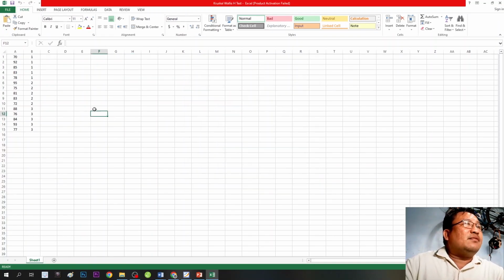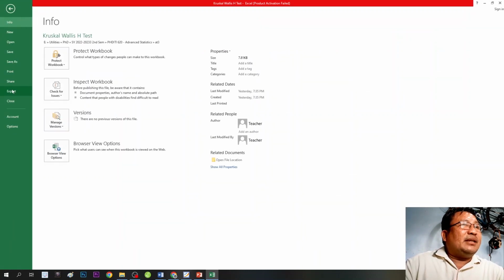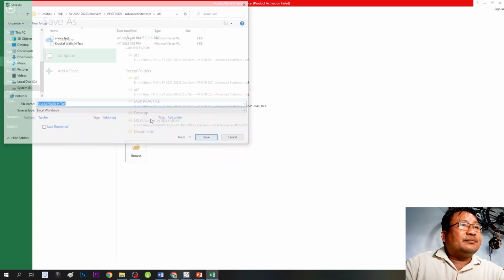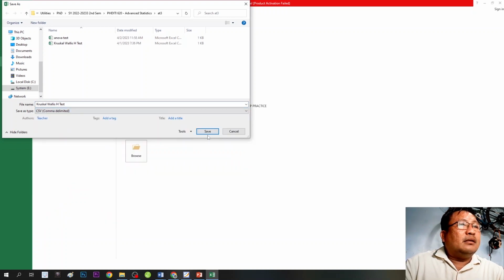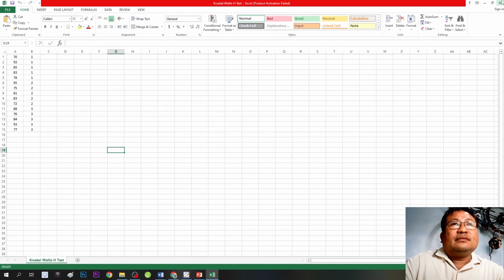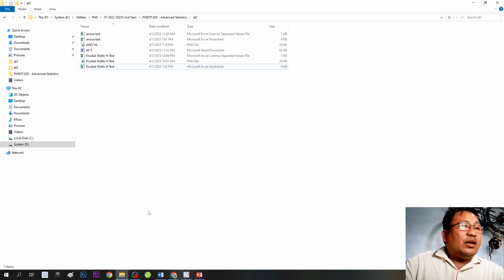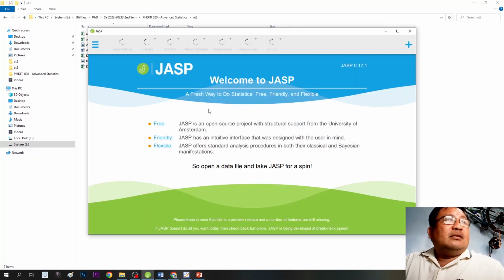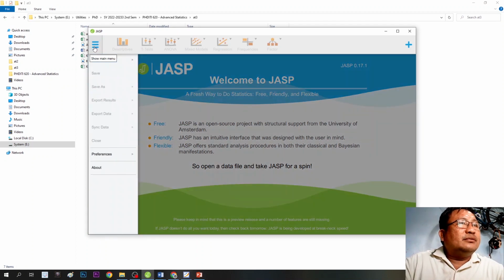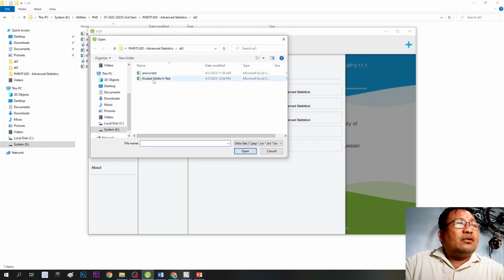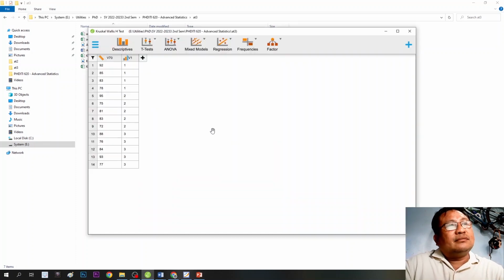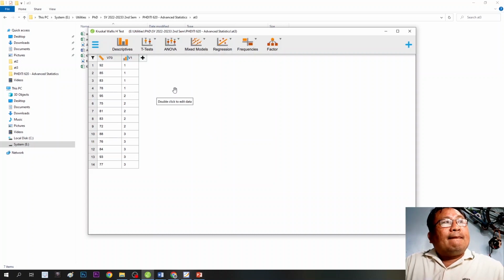So here is the data for the Kruskal-Wallis test, and we will save it as a CSV file. We will name it Kruskal-Wallis H test. Now we go to the JASP software and open the data. So here's the data,